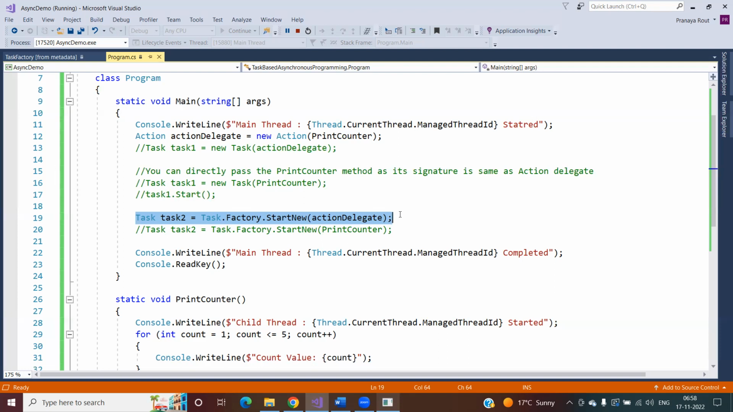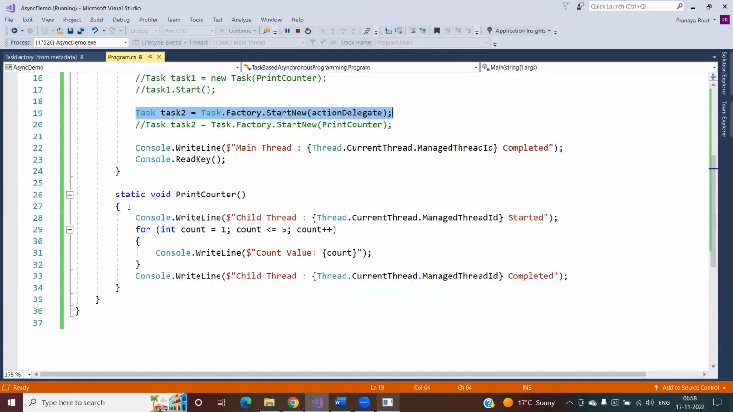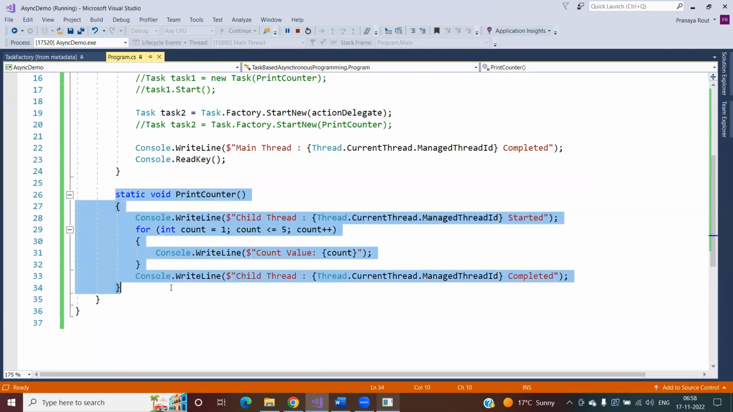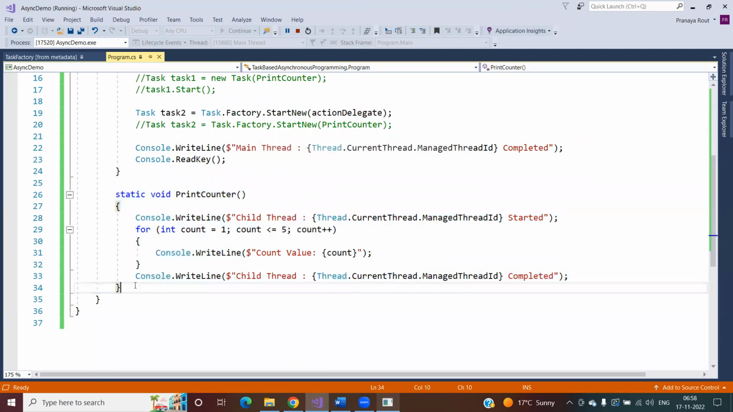Whenever you are using asynchronous programming and doing some time-consuming operation, suppose you are calling one async method, then that method execution is going to happen asynchronously. For example,